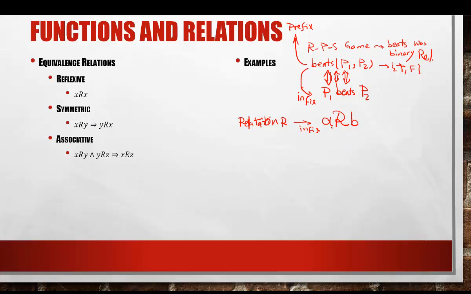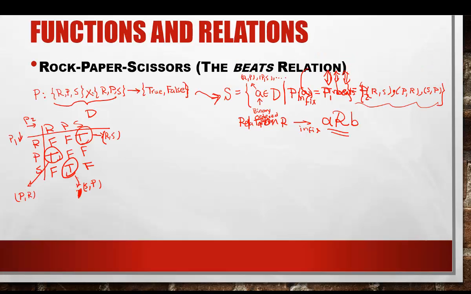So with this formulation, we can talk about a special kind of relation. It's called an equivalence relation if that relation has these three properties: being reflexive, symmetric, and associative. Let's see what each of these mean. A relation is reflexive if any element from the domain of that relation is also in relation with itself. For example, in the rock, paper, scissors example that we talked about earlier, this is not a reflexive relation because the diagonal element of my